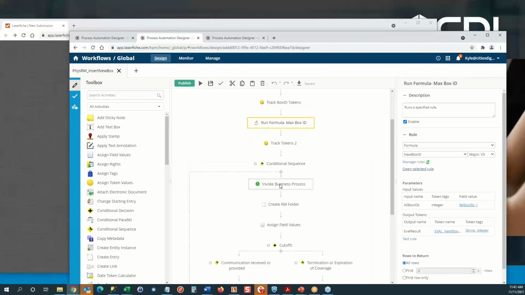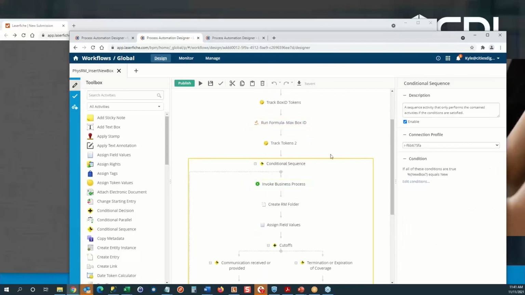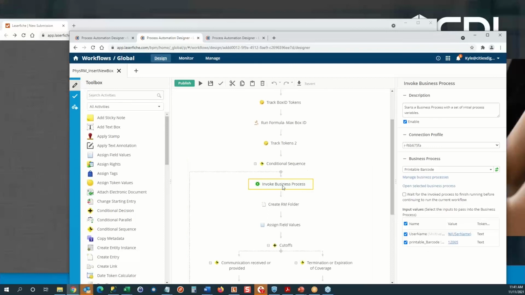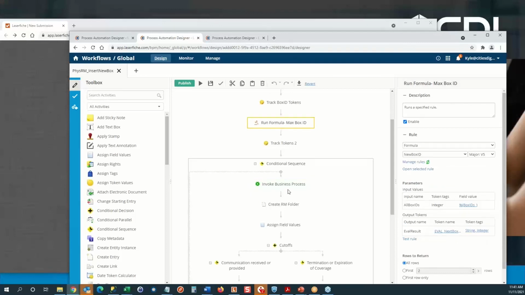So we have our next number. We can then, at this point, check and see, hey, does this number exist, or is the selection on the form new? I chose to create, hey, this is a new box. So we can then invoke another form or business process. In this case, I called it printable barcode, and it's going to feed the username and any barcode numbers that you might want to generate. I kind of hard coded this one, but it could be dynamic. Every time it looks up that formula, it should feed in whatever that number is,